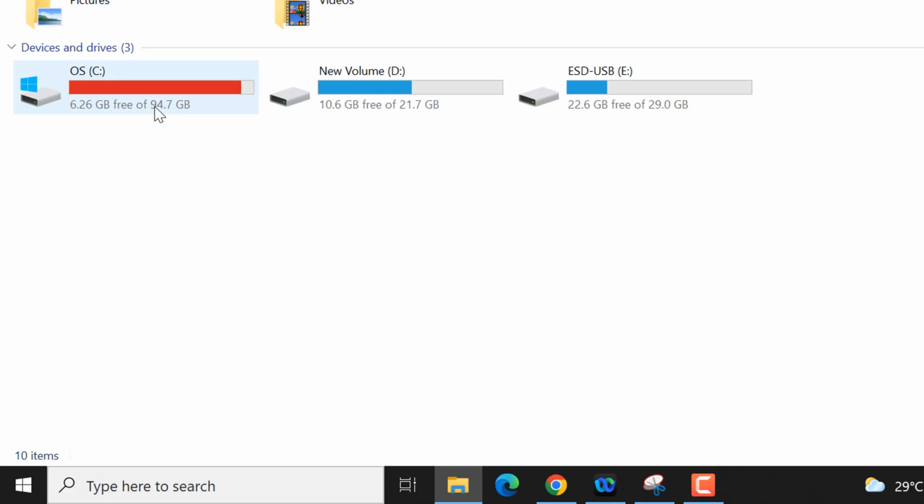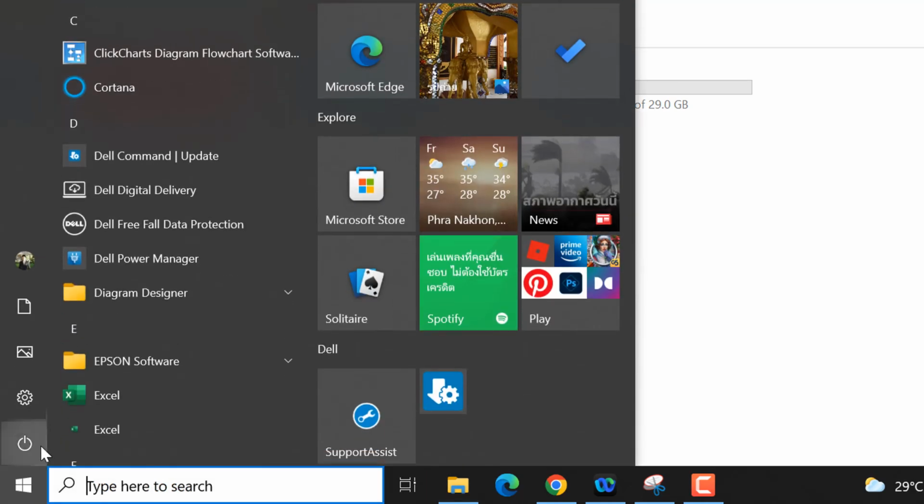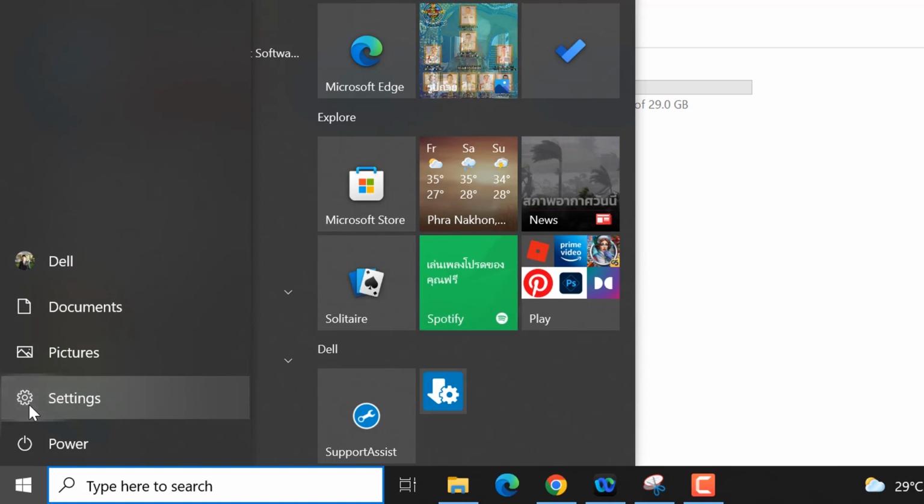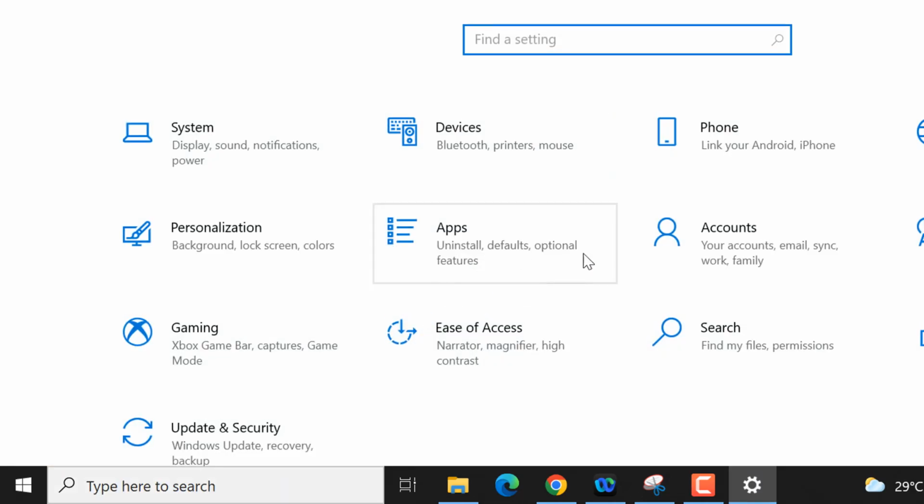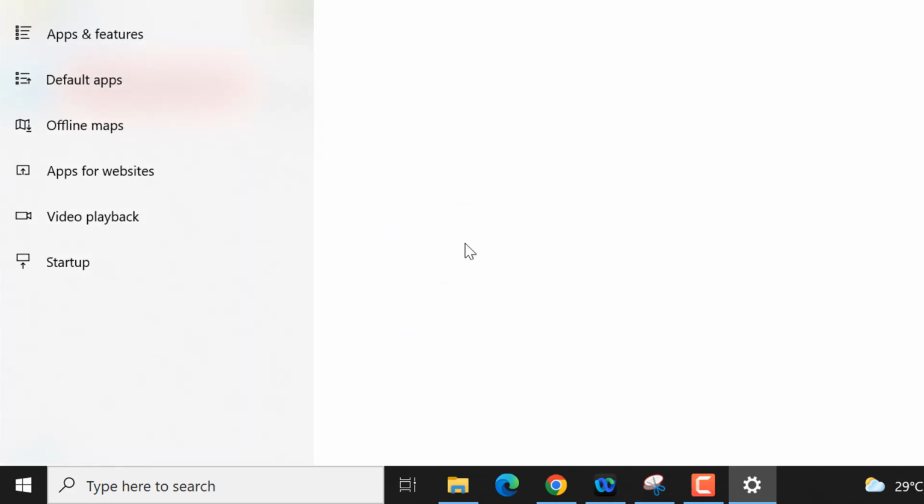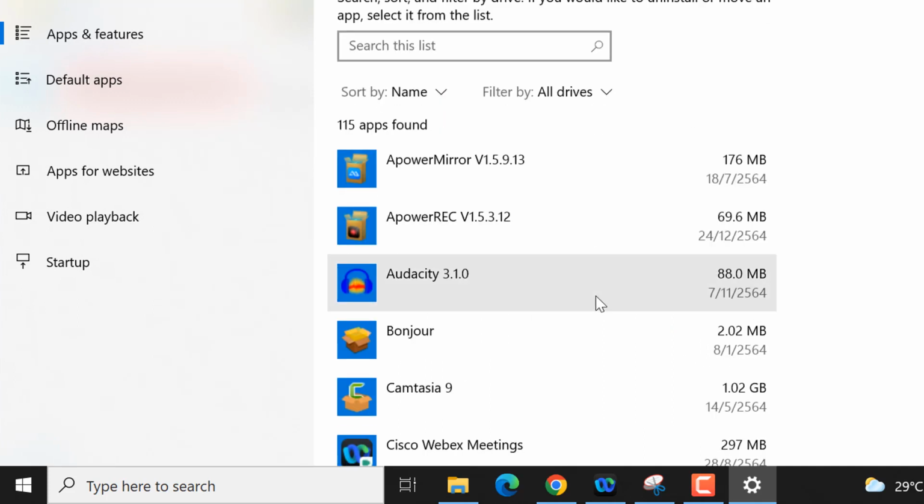Okay, for the first method, I would recommend you go from the Start menu and then go to the Settings icon here. After that, look for obsolete programs or programs not commonly used recently, not used anymore, or something like that. As a precaution, you have to know which programs you no longer use. For example,